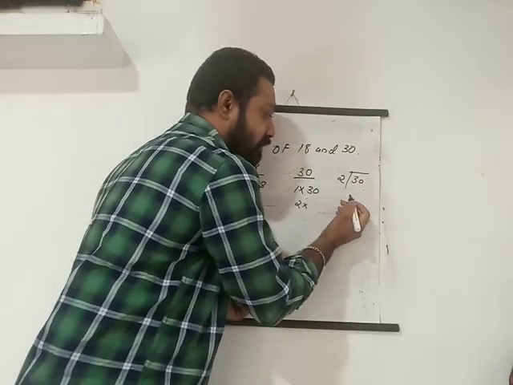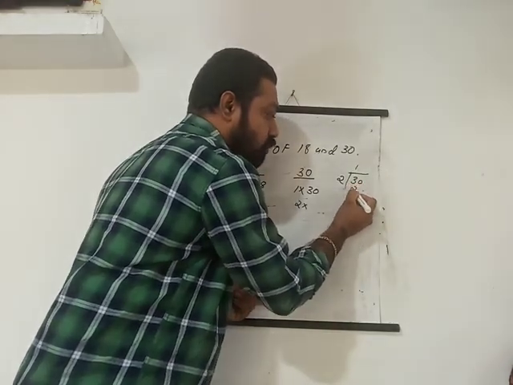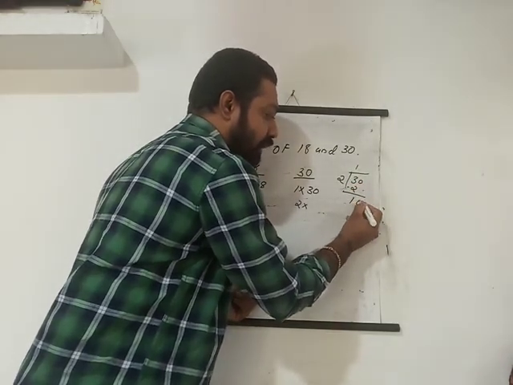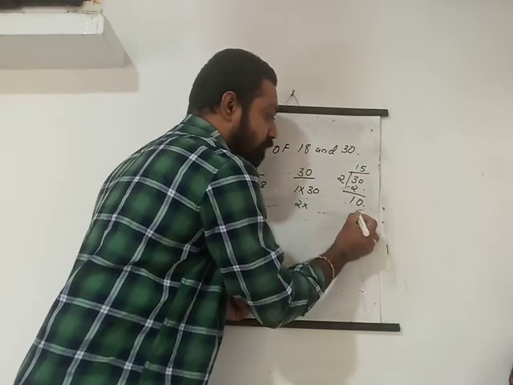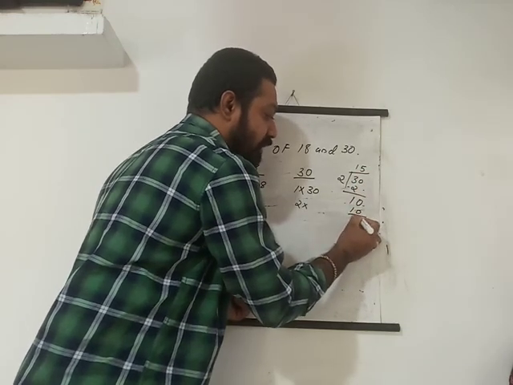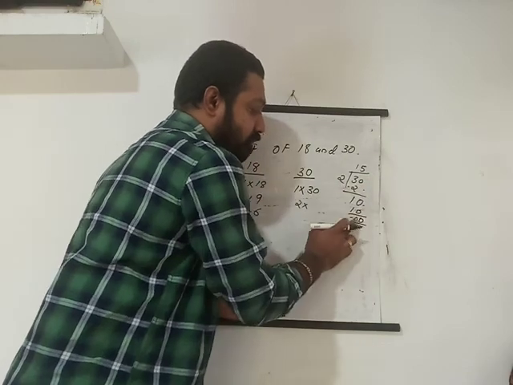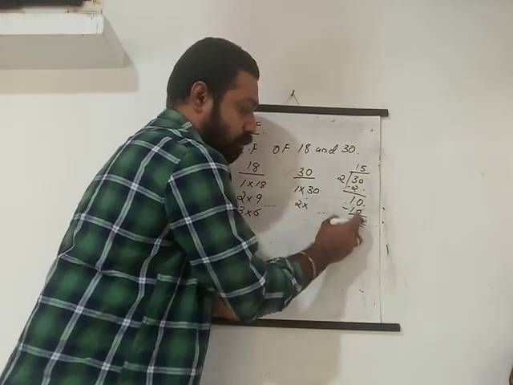Then you can see that 1 two is 2. Then 3 minus 2 is 1, bring down the 0, 10. You will get 5 times 2 is 10. What is our answer? We get 10 minus 10, 0, 1 minus 1, 0.